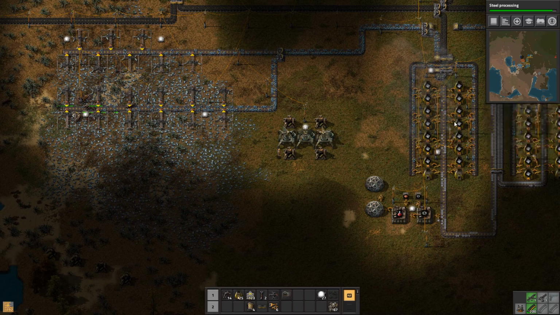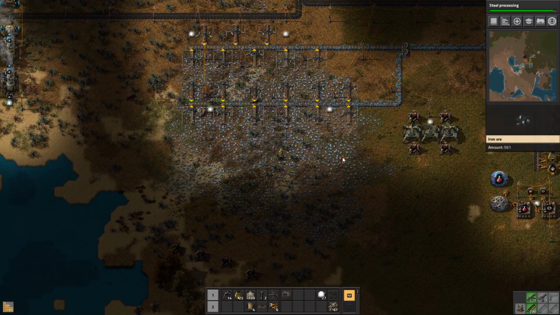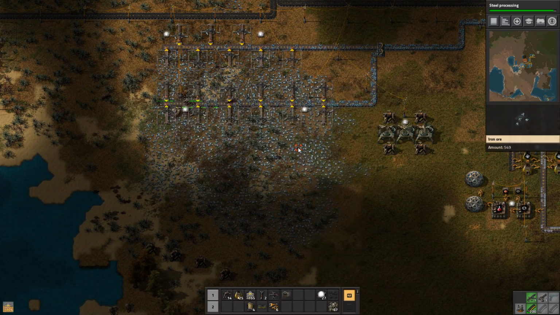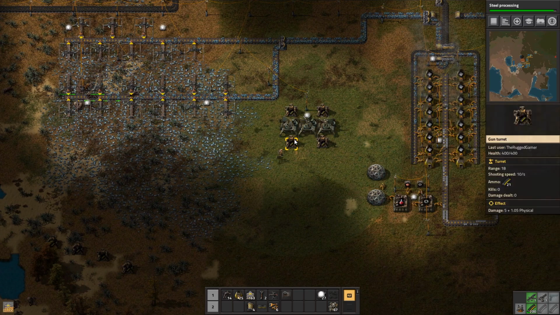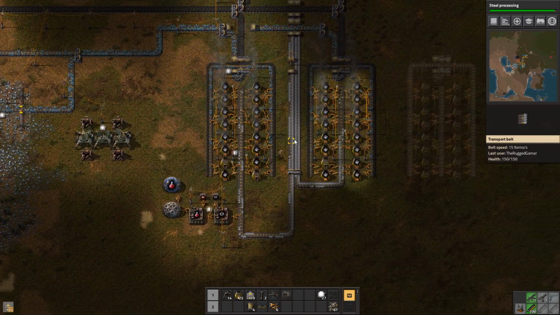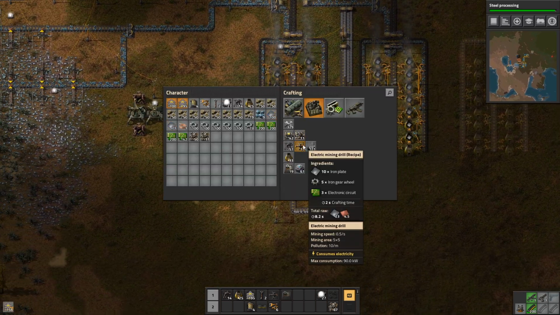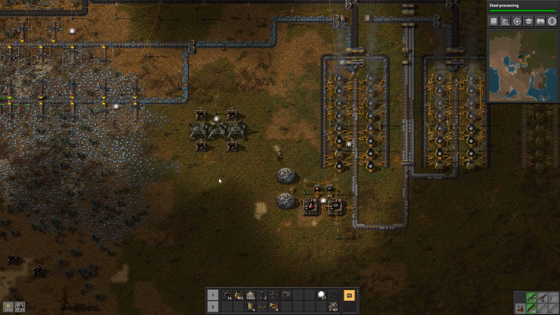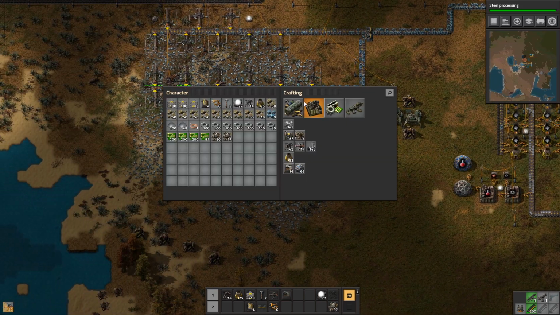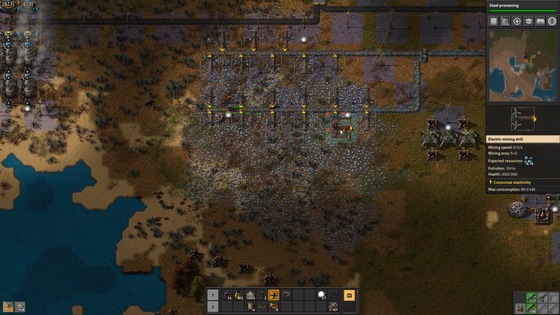How are we doing for our supply? Our supply is struggling again. Let's go ahead and increase our supply. We need iron plates. Good thing we got a production of them right here. Iron plates, right. Just go ahead and cancel them belts. Back end, right. Let's go ahead and place